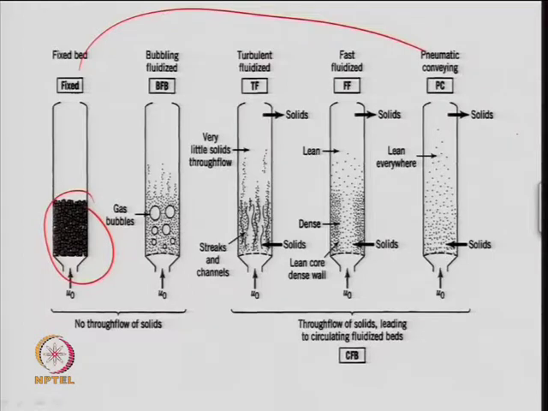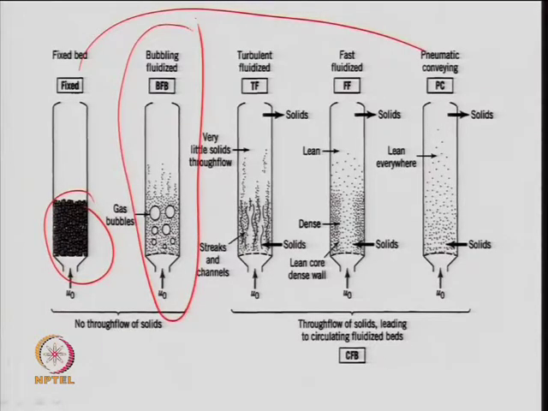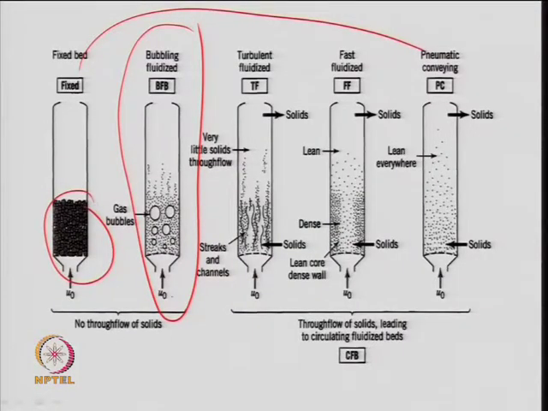When you look at this kind of system, a bubbling fluidized bed or a reactor which may be a circulating fluidized bed, one needs to control the velocity of the gas. Basically, the velocity of the gas will decide the particle velocity. That is important when you have fluidization. The size of the particle, the viscosity and the density of the gas all become very important in order to give a definite kind of fluidization. These are also known as circulating fluidized beds because the particles move up and down, and one can have a circulation of the solids within the bed.